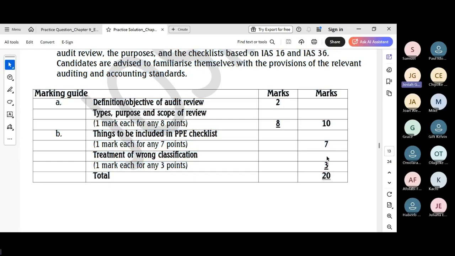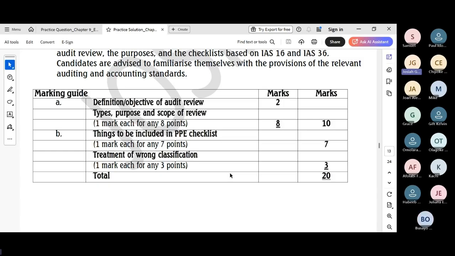So the C part asks us to advise on the treatment of the issue raised with regard to the wrongly classified assets. Your advice must address the reversal of the incorrectly recorded impairment loss. The first one is you speak around misstatement and the standard. The classification of the asset as impaired was an error, since the recoverable amount, which was triggered by the market survey or road network, is higher than the carrying amount. So the original impairment loss recognized for land and building must be reversed in accordance with IAS 36.